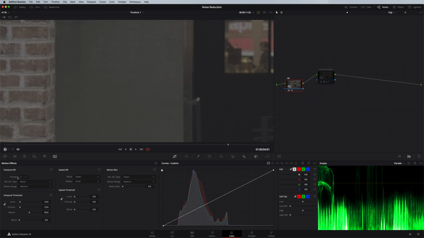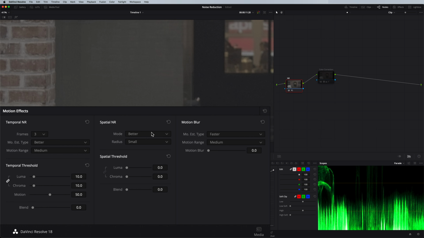If you're looking to get more noise reduction, I would say go back to your temporal noise reduction and try to max out those settings there, but do not use faster. I don't think it's worth it. So that leaves better and enhanced. And better is significantly better. Like, I think it should actually be labeled best because it's